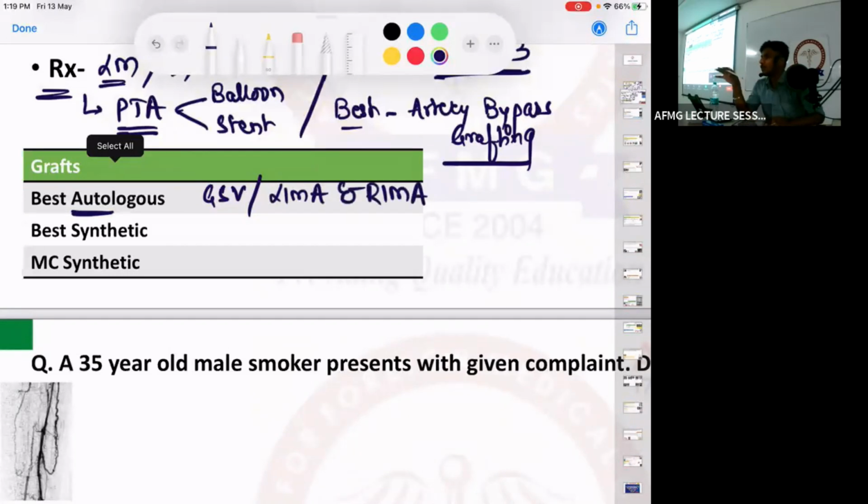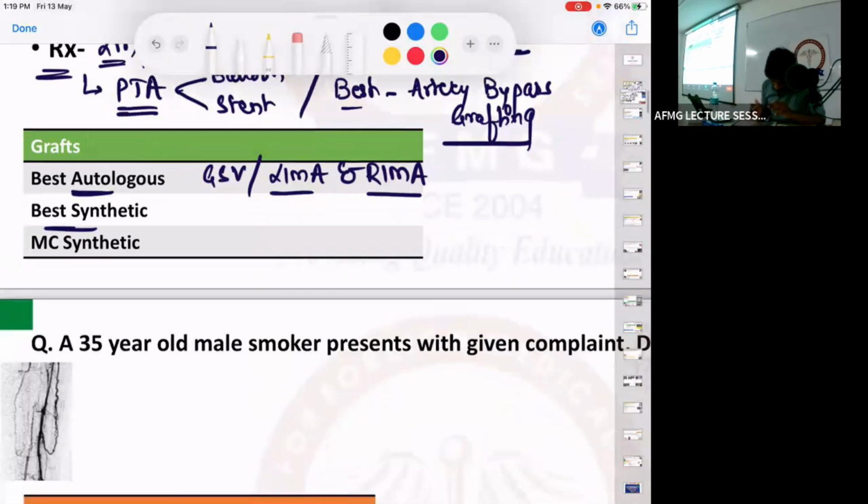So which are the best autologous grafts? Which vein? Great saphenous vein. And which arteries? LIMA or RIMA बोल दो. And there is a reason why we choose LIMA and RIMA, because there is the least chance of atherosclerosis. So if they ask you least chances of atherosclerosis are seen in which artery, answer is LIMA or internal mammary artery. Best synthetic graft